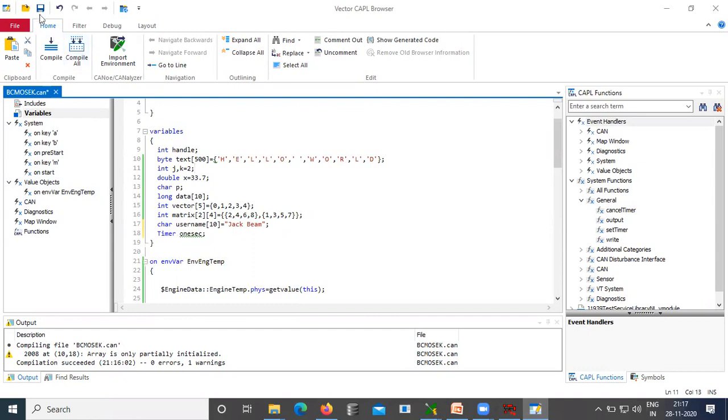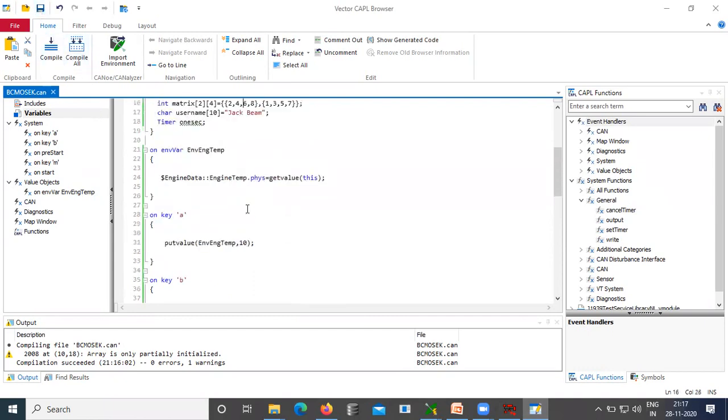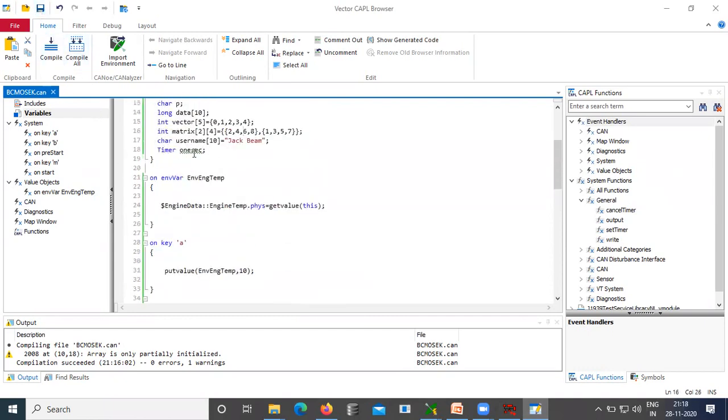Then you save this. When you declare a timer in CAPL, it is just an object created in the memory, that's all. You have to start it. Once you start, you have to feed how long it has to run. Once you set that, it will run for that particular period of time and then stop.